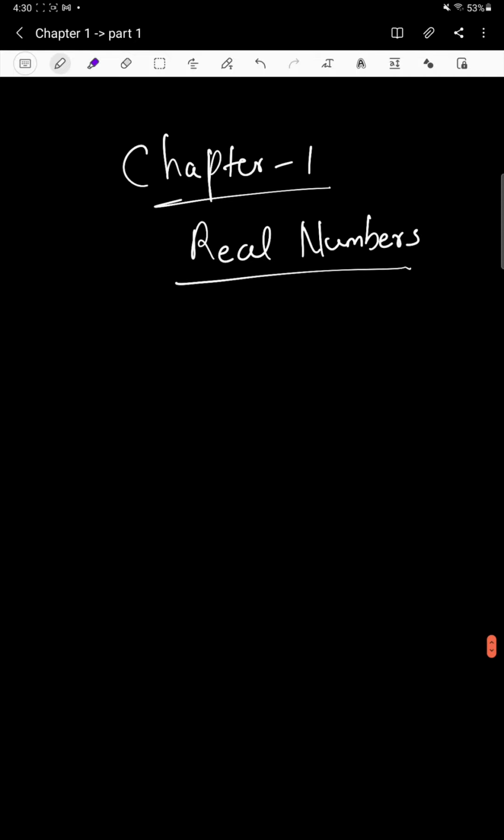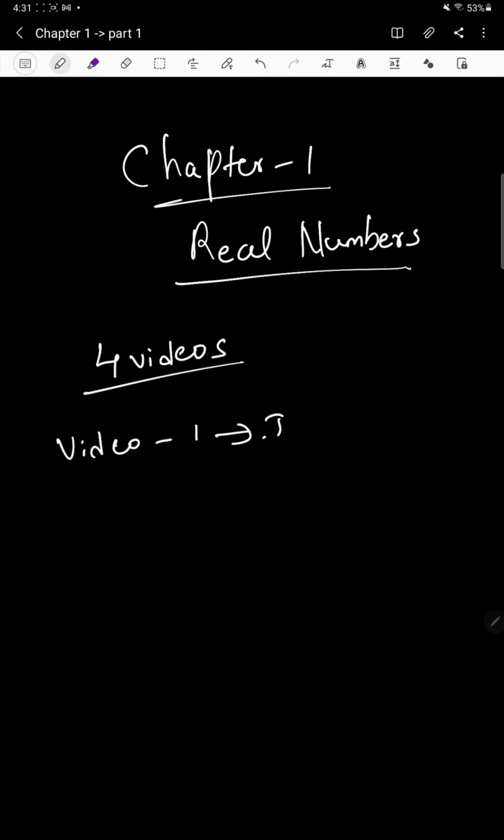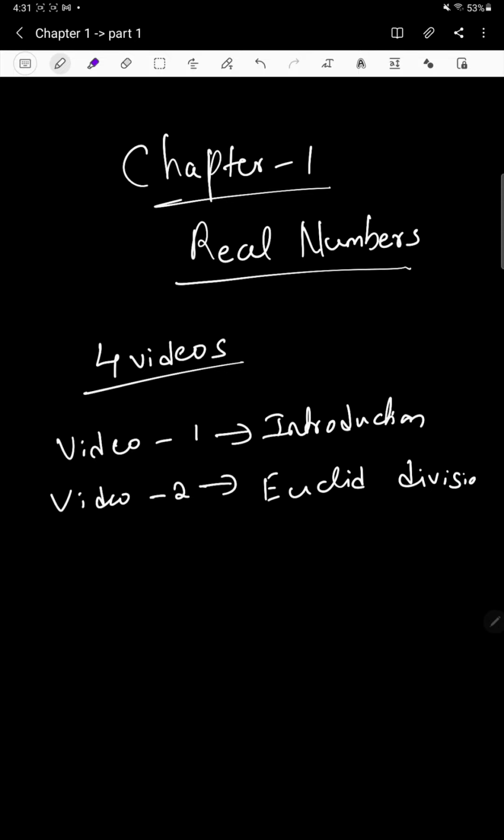So before we start with this chapter, let me tell you how many videos we are going to have related to this chapter. So in total we'll be having 4 videos related to this chapter. The first video will be about introduction, that is this video, and second video will be about one of the important property that is mentioned in this chapter, that is Euclid's division algorithm, and third video will be about again